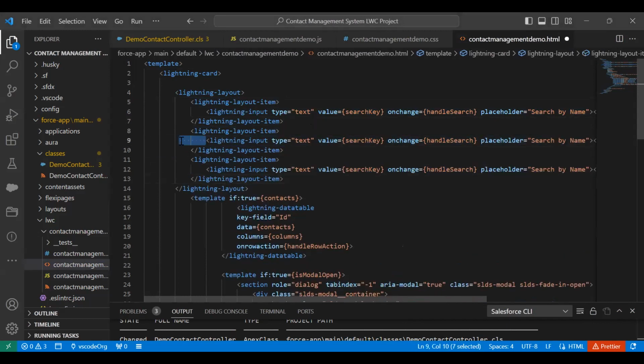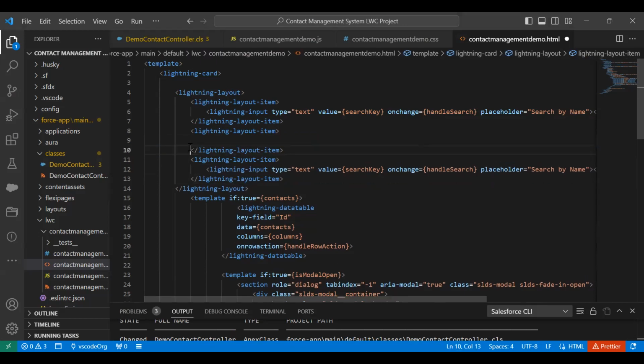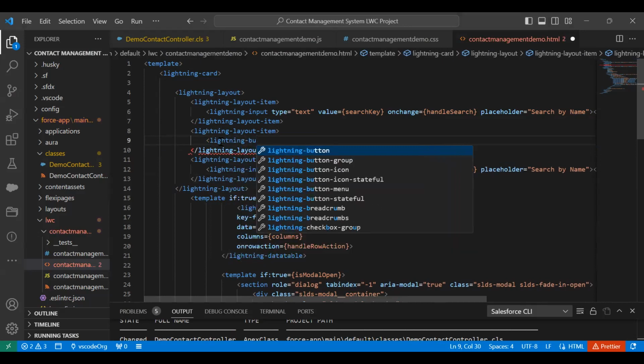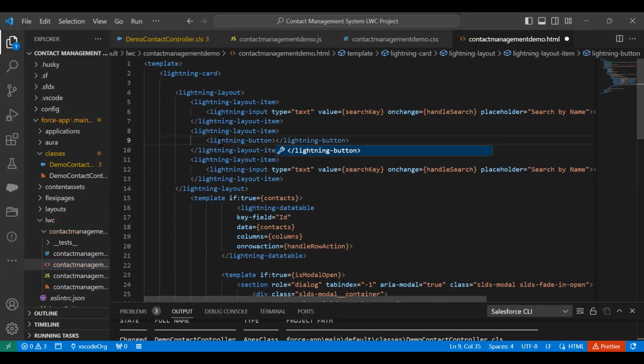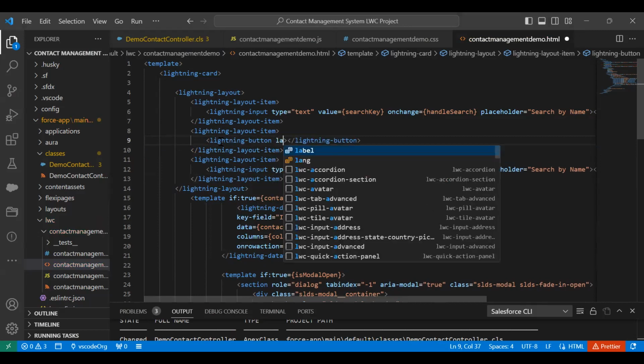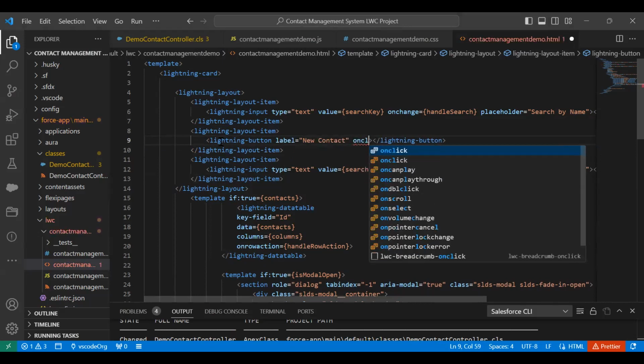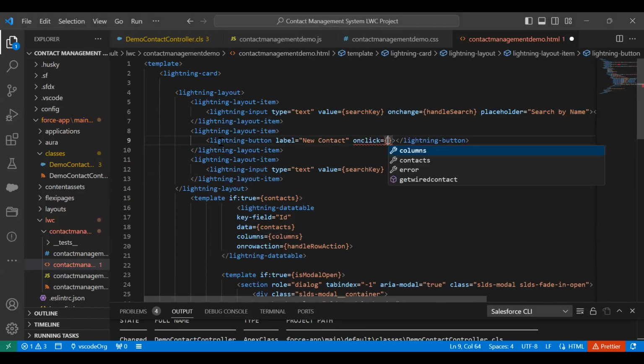So this one is going to be lightning button. In lightning button we will have the label as new contact. And then what can a user do on a button? They can click, right? So we will implement the on click event here also. I'm just giving some name right now, and we will implement that later in the JS file. This is for new contact creation, so let's give a sensible name. So handle